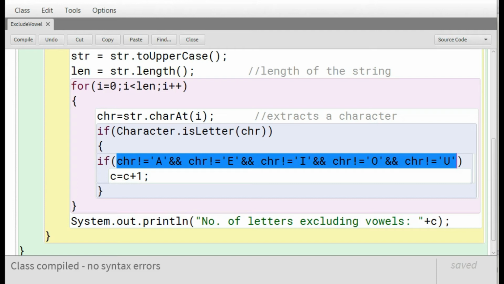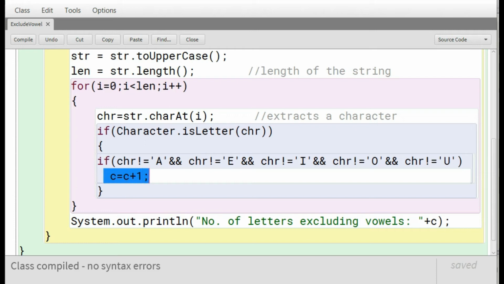So we have made a comparison here that if the letter is not a vowel, then we have already set a counter c that will store the number of consonants in the string. So the value of c will be incremented by 1, and at the end of the for loop, we are printing the number of consonants, meaning the number of letters excluding vowels present in the string.